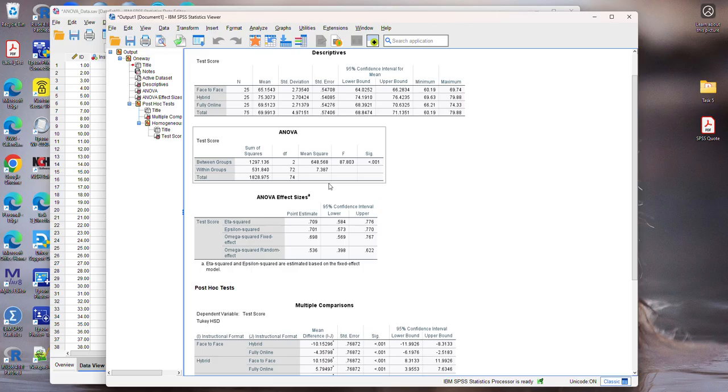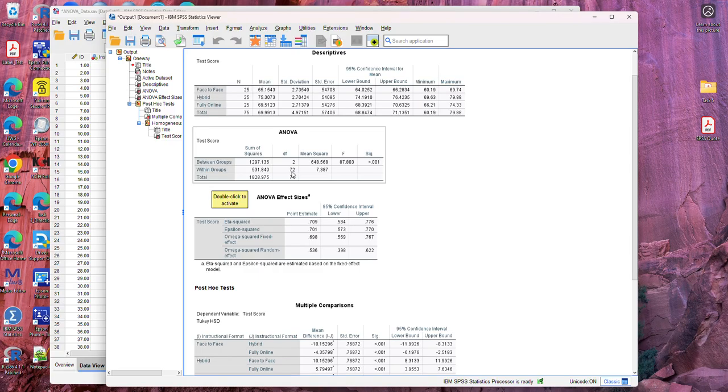The ANOVA table is the one that provides the results for the one-way analysis of variance. Specifically, we get estimates of between groups variations and within group variations. We see that, for instance, for between groups, the degrees of freedom is 2 because we have three groups. 3 minus 1 is 2. For within groups, the DF is 72. This is the sample size minus the number of groups. So 75 minus 3 is 72. And the total degrees of freedom is 74, which is the sample size,